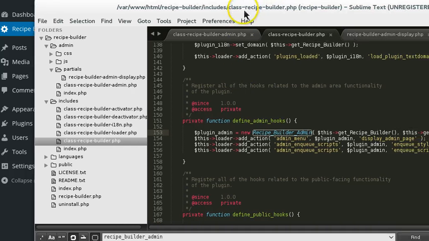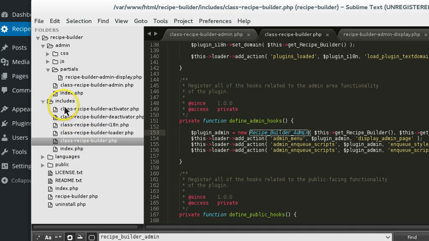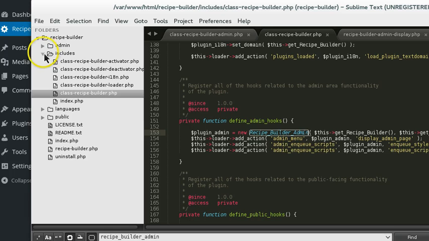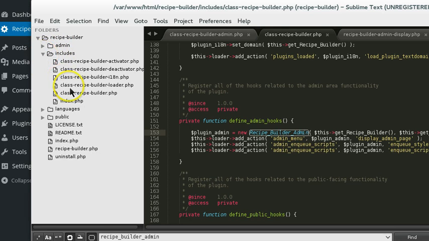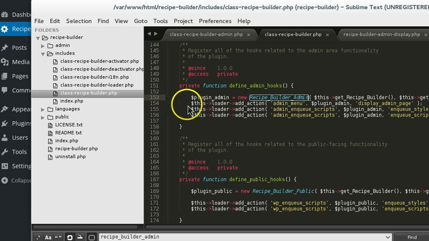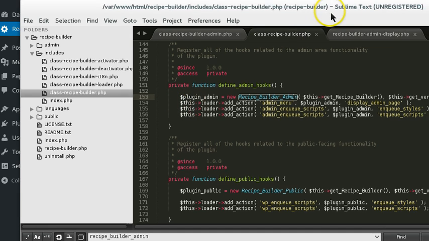So in the code, the first stop is in the includes folder. So this is the structure that you'll see. There's these files here, and you want to go to the includes folder, and you want to go to what's called the class plugin name, but here it's been changed to my plugin name, which is Recipe Builder. So class and the plugin name .php, and then down on line 153 to 156, you can actually add the following